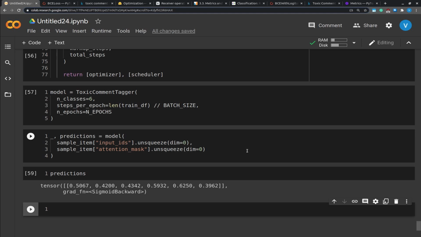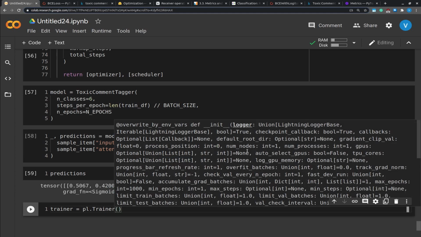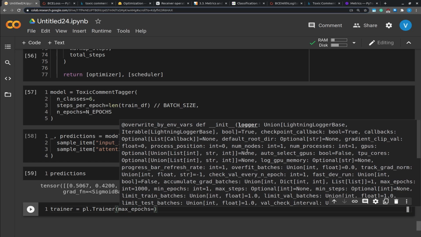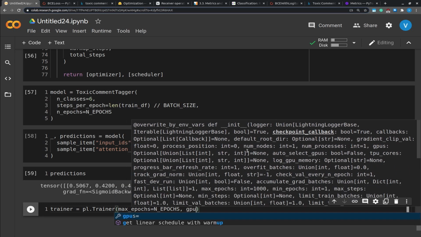So to simplify all of this, they just define this trainer, which we are going to instantiate right now. And this takes a number of max epochs. So this will pass in the number of epochs that we have right here,